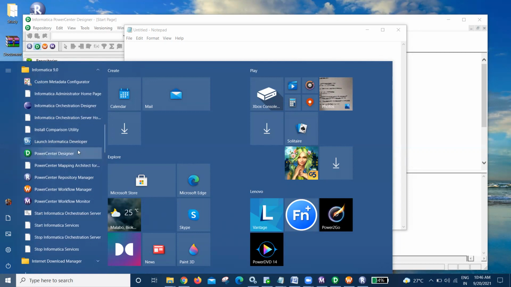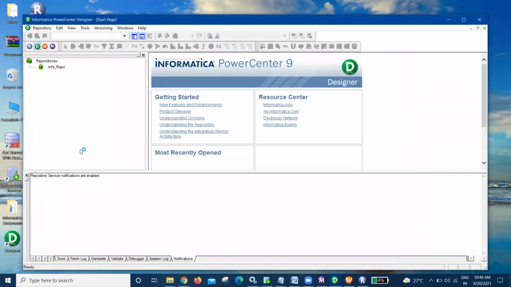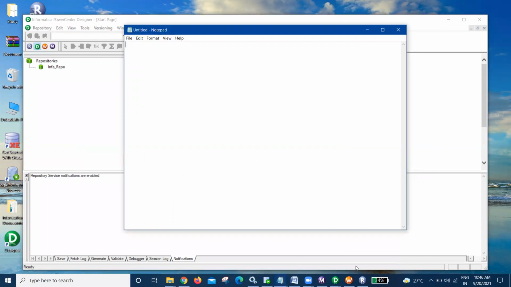So we will understand what the Designer is, what we do with it, and how we work through each and every tool. Let me brief you on which Informatica components and objects are available. We have something called a mapping. On top of that mapping, we have something called a task. For a mapping, we create a session type of task.